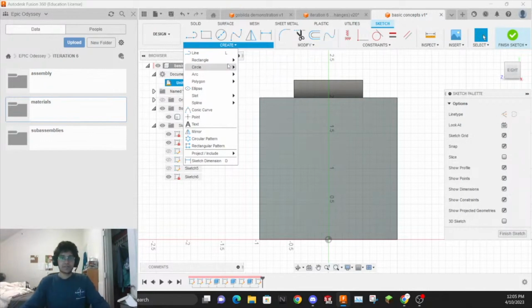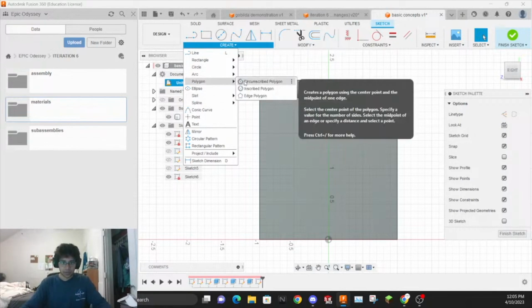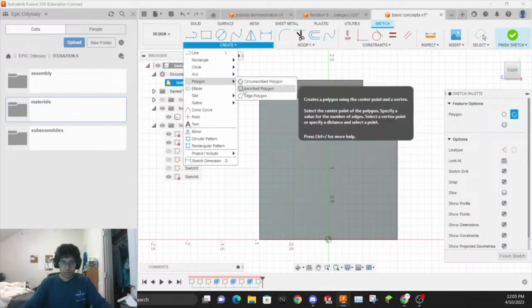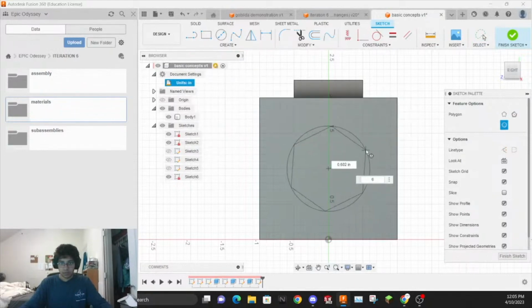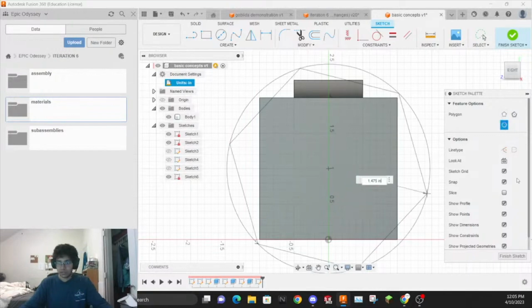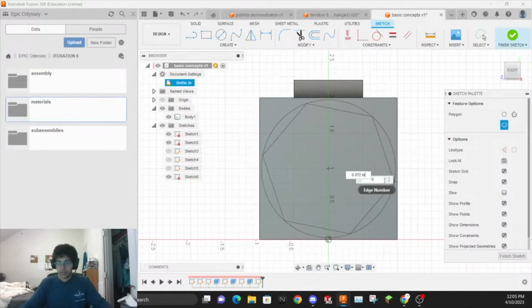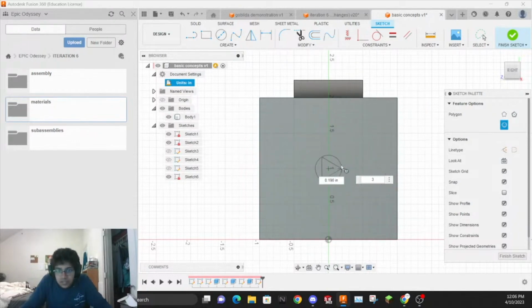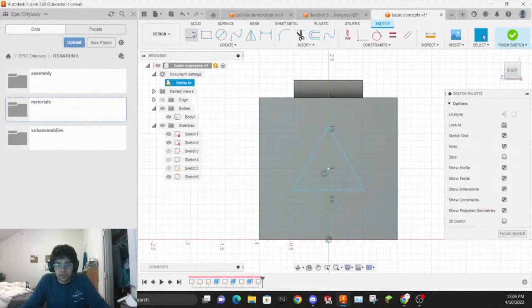Anyway, so you have your circle, right? And you said you wanted to do an inscribed polygon. So we're going to do this and make our circle. Now we obviously don't want it to have 6 edges, right? I mean, generally that's how many edges you'll have, but you can change it to 3. And then the only issue is now you're going to have to do the math, because this will take the diameter of the circle that you're using. So if you'll take a look,